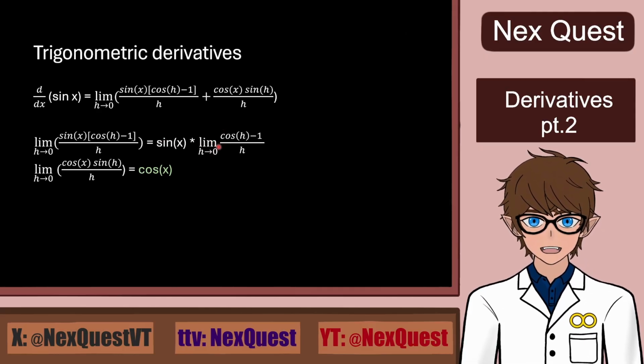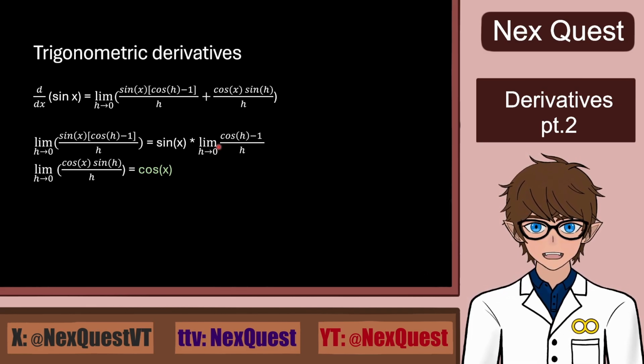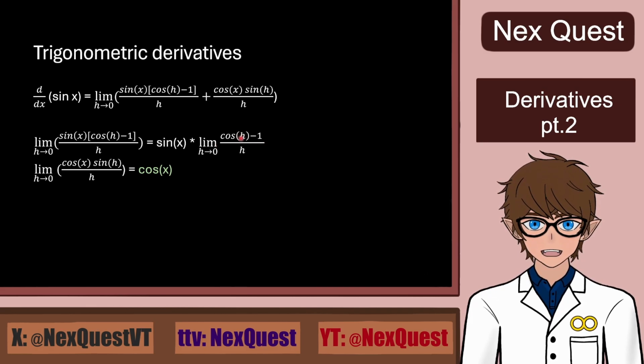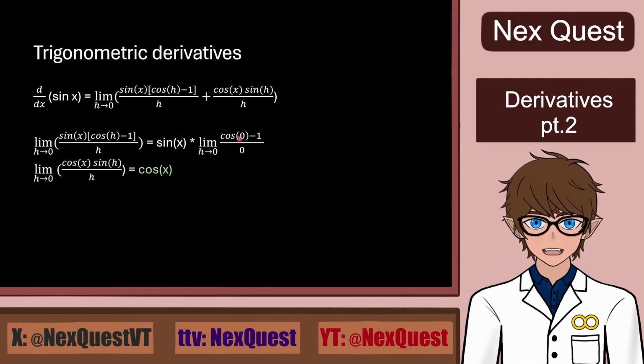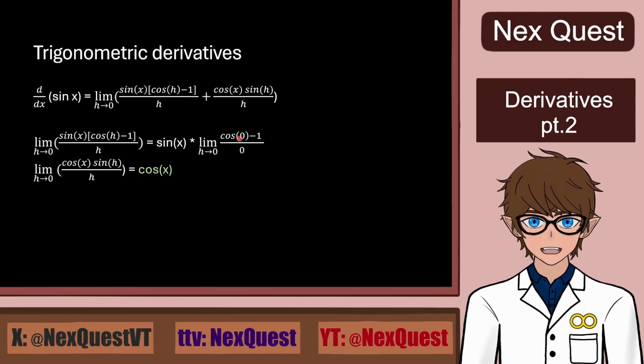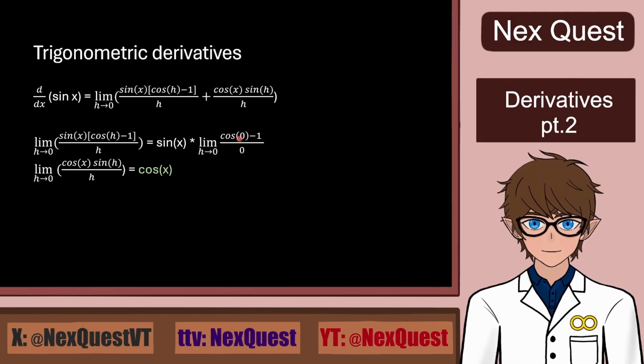Now, I hope you still remember how to solve limits. And first, obviously, we try to insert the value at which the limit is, so we insert 0 here instead of h. But this limit would give us 0 over 0, but we don't know how to solve it because that requires L'Hopital's rule, which we will learn next time, as it's a use of derivatives,